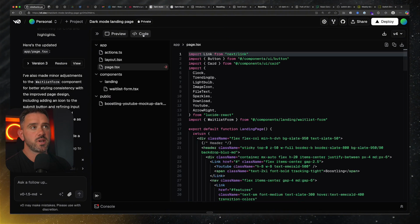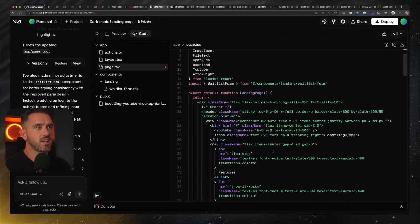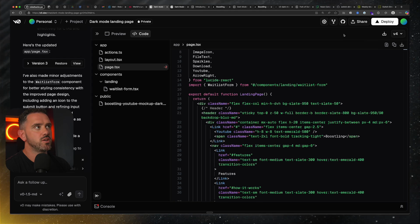Click this button up here and you can see the code that's been generated, and you can make any edits you want there. Or if you want, you can hit this download button here. You can run this command directly in your terminal in Cursor or Windsurf, and it will install these components for you, which is really useful. You can also fork other people's designs. So if you find a design that you like, you can fork it, and you can also integrate things like